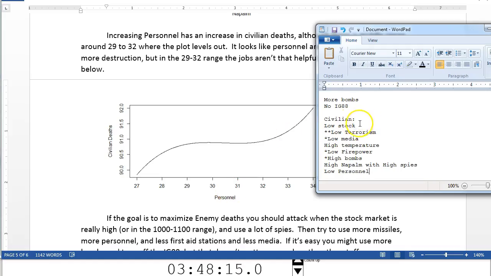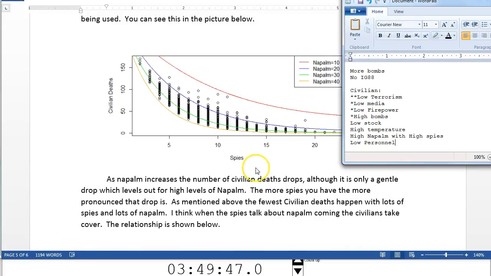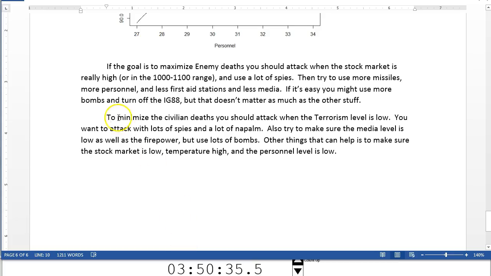So now I've gone through and done the same for civilian. What things mattered the most? Well, the terrorism level seemed to have a big effect. I don't know that any of the others really had that huge of an effect, but some of these others had more effect than others. But there's how we have the fewest civilian deaths. You know, I was typing out the paragraph, but look at this. Personnel and spies combo. I think it really does matter. I might give that 2 stars. I think I'm going to have to move that up, which means I'm going to pause the video and rewrite that paragraph. So there we go. There's how to minimize civilian deaths.